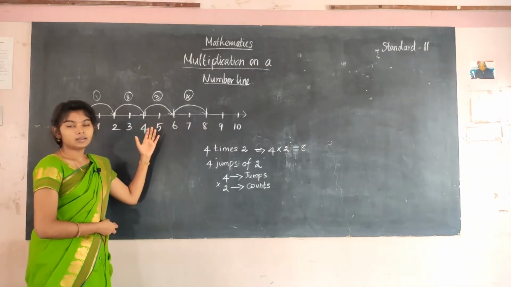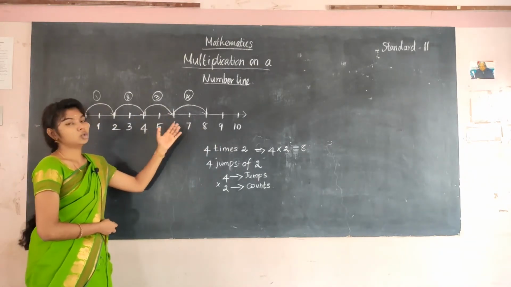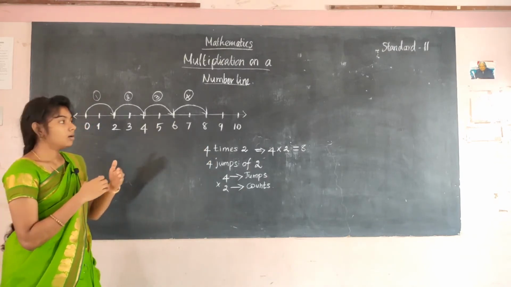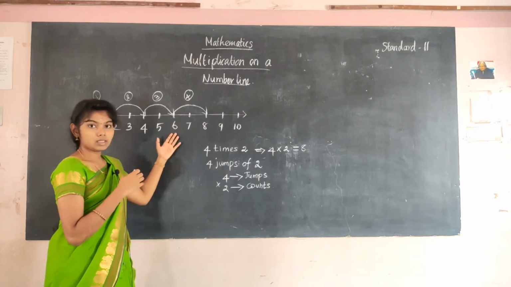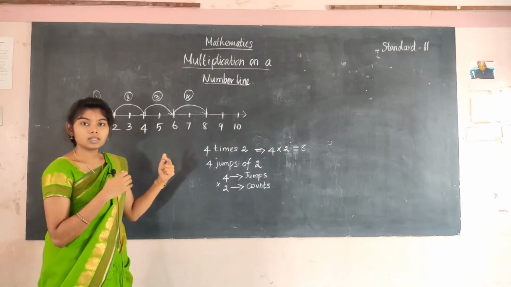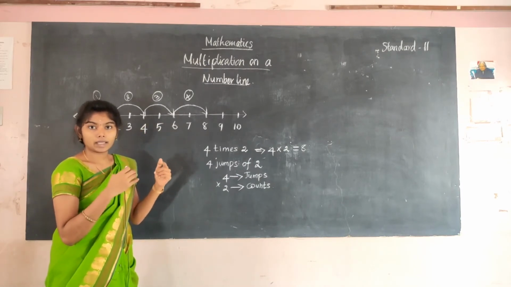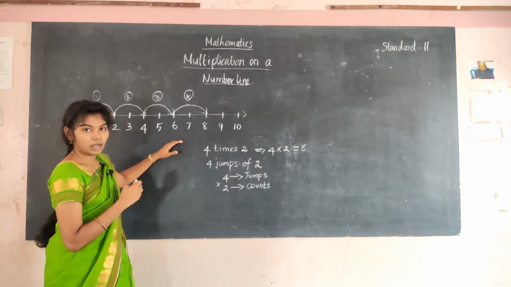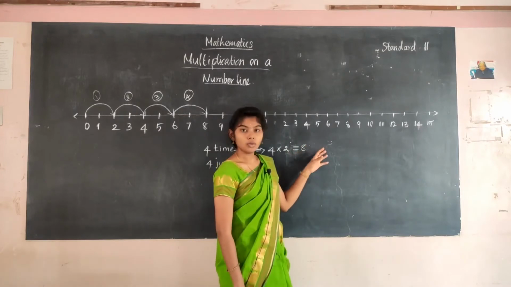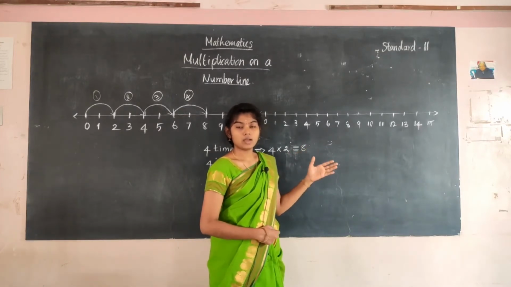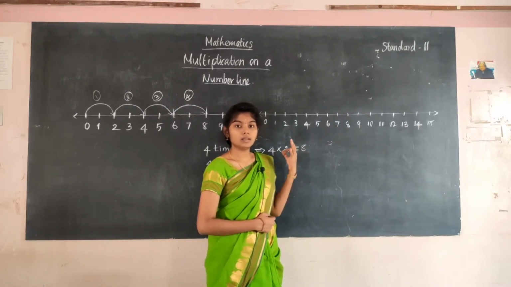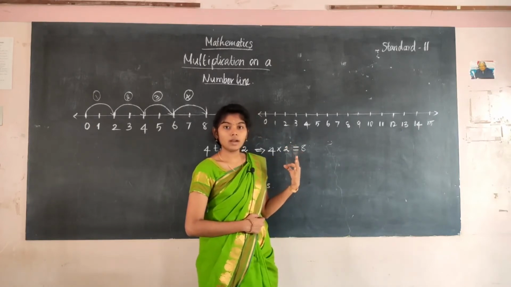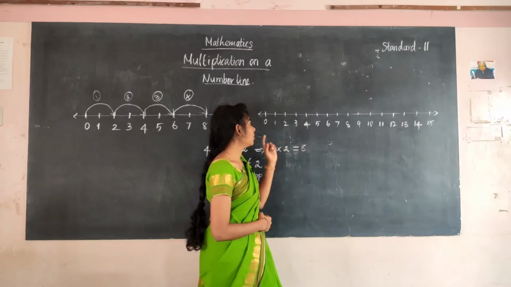This is what Riya's mother explained to Riya. Okay. And we have seen this for marker pens, and another one is there: crayons. There are crayon packets, no? So we can find that by using the number line. Now we are going to do it for crayons. How many packets of crayons are there? 3 packets of crayons. In each packet, how many crayons are there? There are 5 crayons.